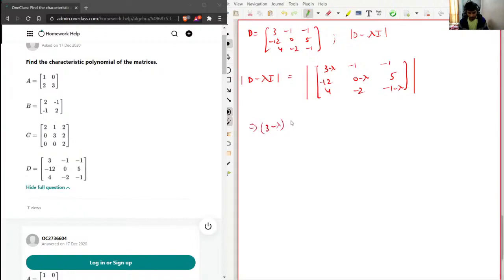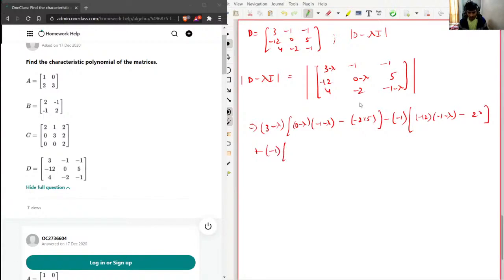3 minus lambda, this is 0 minus lambda, times minus 1 minus lambda, minus 2 times 5, then minus 1 times, for the second column fixed and first row fixed, so minus 12 times minus 1 minus lambda, and minus this into this, minus 4 5s is 20, just write 20 here, then plus the last one, minus